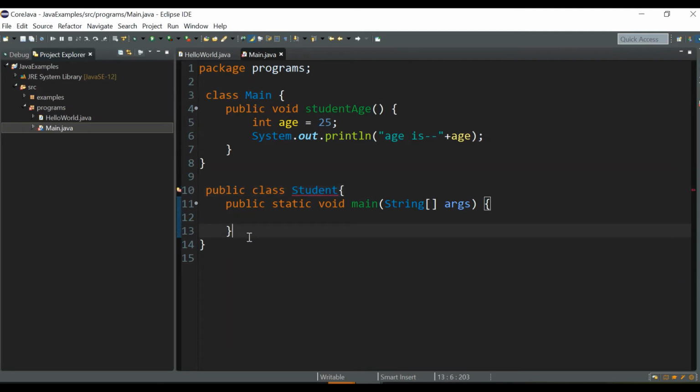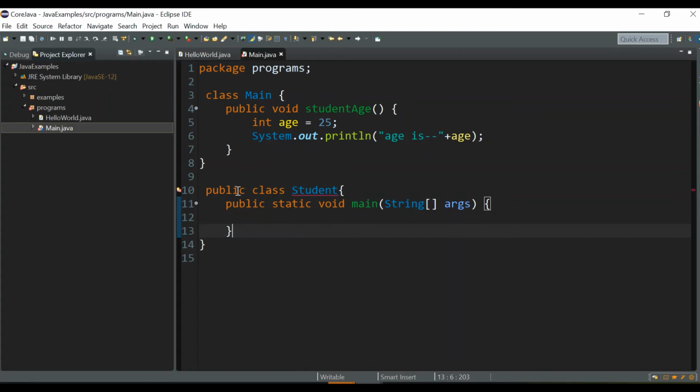But still we can see an error over here. Also there is one more thing, we cannot have more than one public class in a file, okay? So that's why I removed that public keyword from the third line to the 10th line. So now we have the public class, and inside the public class we have the main method, but still we can see an error over here. What is the error? The public type Student must be defined in its own file.